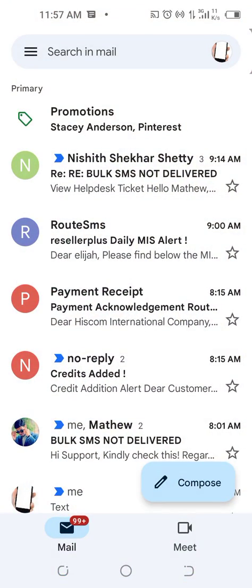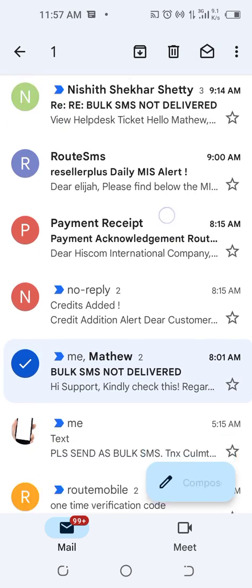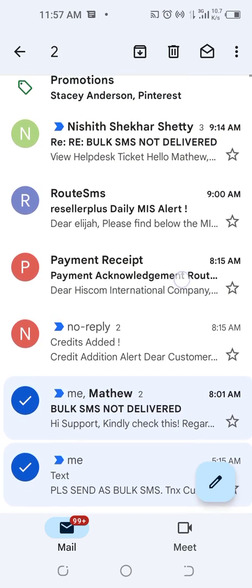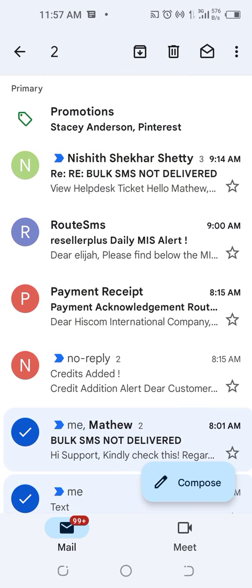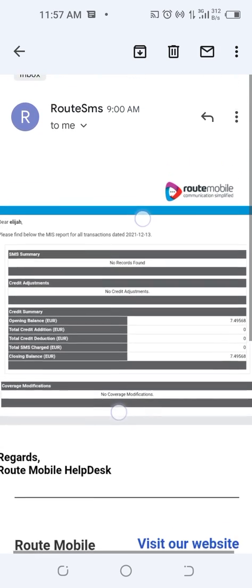Okay, I've opened my Gmail. Let's see someone to block. This is my Gmail. Let me block root SMS. I click to open it. Okay, while the mail is open,